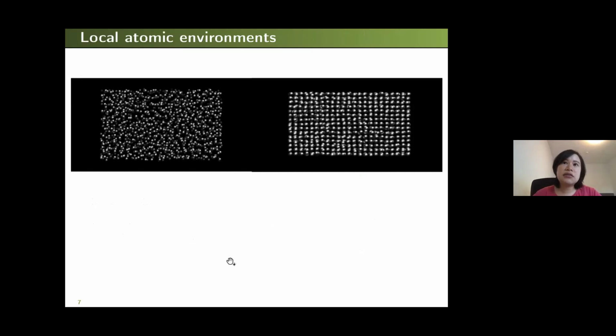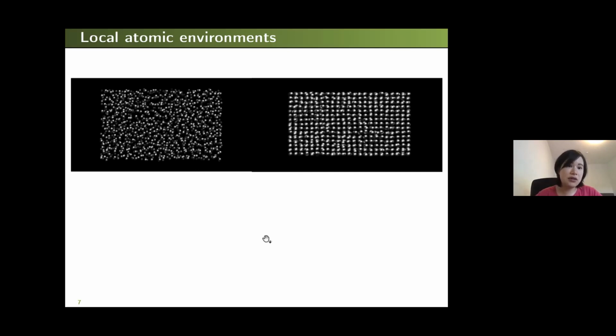So instead of treating the machine learning potential like a black box, I would like to provide a view that is more, I would say, atomistic. If I invite you to look at these two atomic configurations shown on my screen, what would you see? You might be thinking, okay, the configuration on the right looks like a solid, and the configuration on the